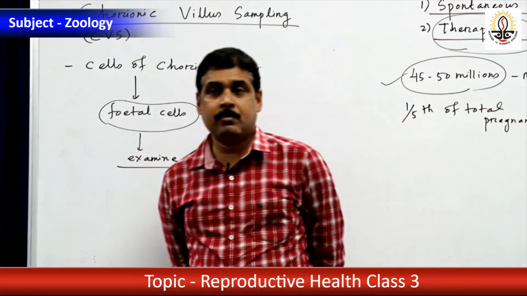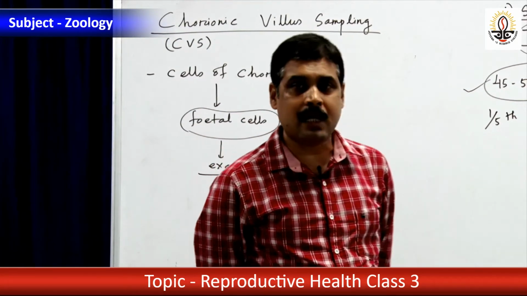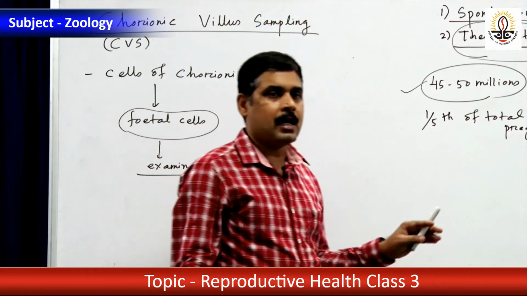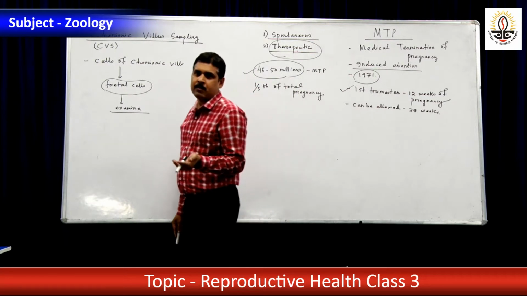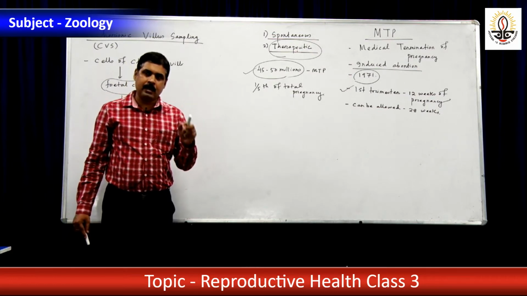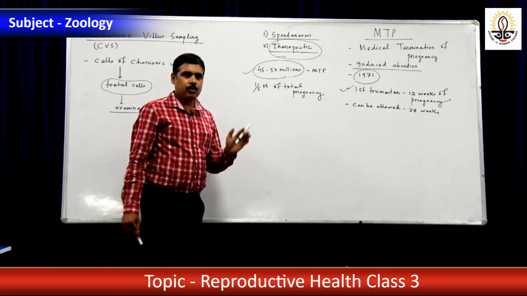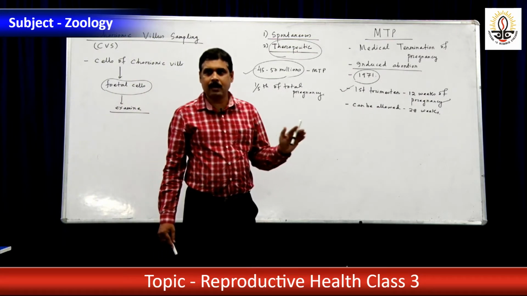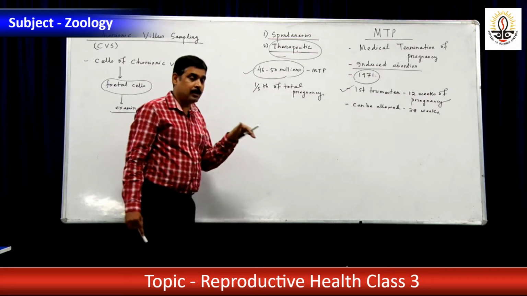MTP is carried out if there is casual unprotected sexual intercourse and the couples are not desirous of having the child. But nowadays MTP is carried out to kill the female fetus, as I told you in amniocentesis. MTP is also illegally used to kill the female fetus, which should be banned. It also has a decreasing role on the population, but still MTP should not be carried out to kill the female fetus because it is ethically banned. That is why it will bring down the ratio of female to male.